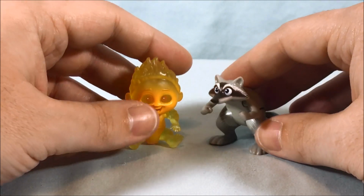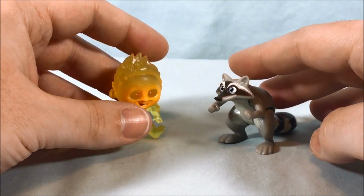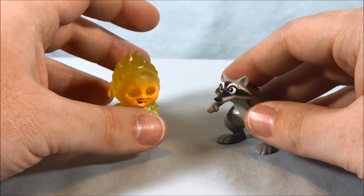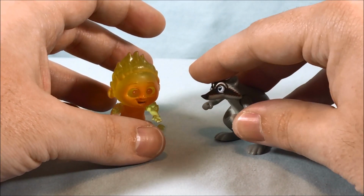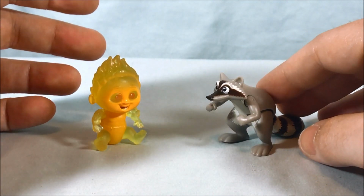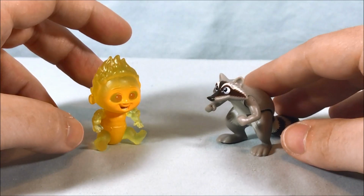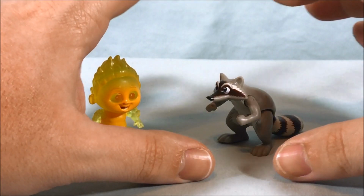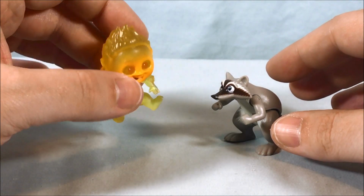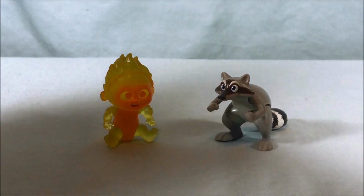So I think these guys are fun. Like I said, if you want to head to your local Target, that's where I think these have been showing up. And they'll probably just give it to you for even less than normal price because they don't know what to charge for these things because they're not in their system. But even if you pay the normal price, I think it's only like $5 or $6 for the set. And, you know, you are getting kind of two smaller figures in this set. Usually Jack Jack was paired with like a much larger figure like Mr. Incredible. But he is kind of neat, and I do like the translucent pieces. And plus, this pairing makes sense if you've seen the movie, so...